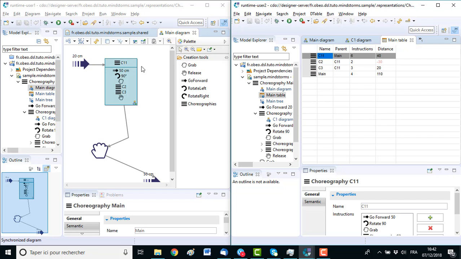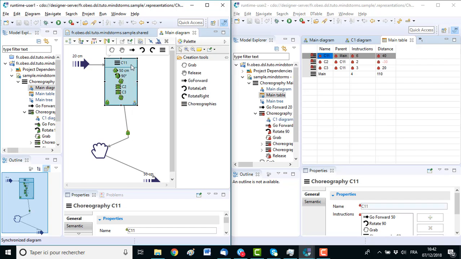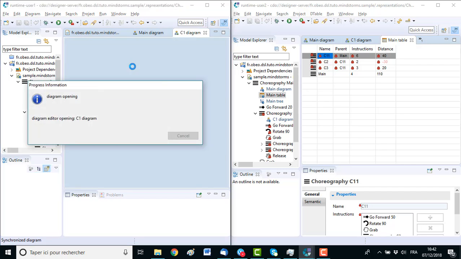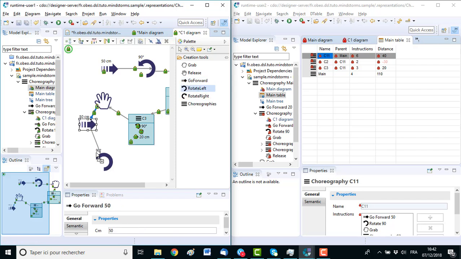If, for example, user 1 wants to continue to lock his object even if he saves his modification, he can explicitly lock a group of objects. For example, lock elements and all its descendants. So user 1 is locking C11 and all the sub-objects, which is reflected here. So now he can go on this object and modify C1 by adding some elements.